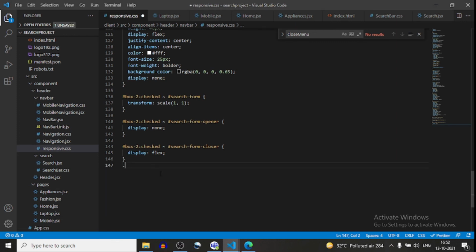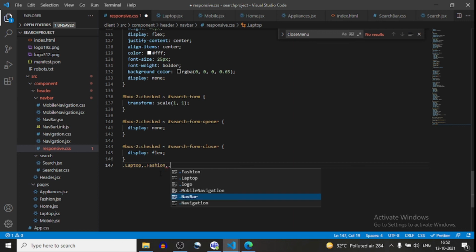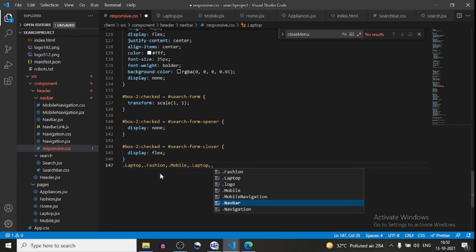So first here will be the laptop, and will be the fashion, and here will be mobile, and here will be laptop, and here will be appliances.